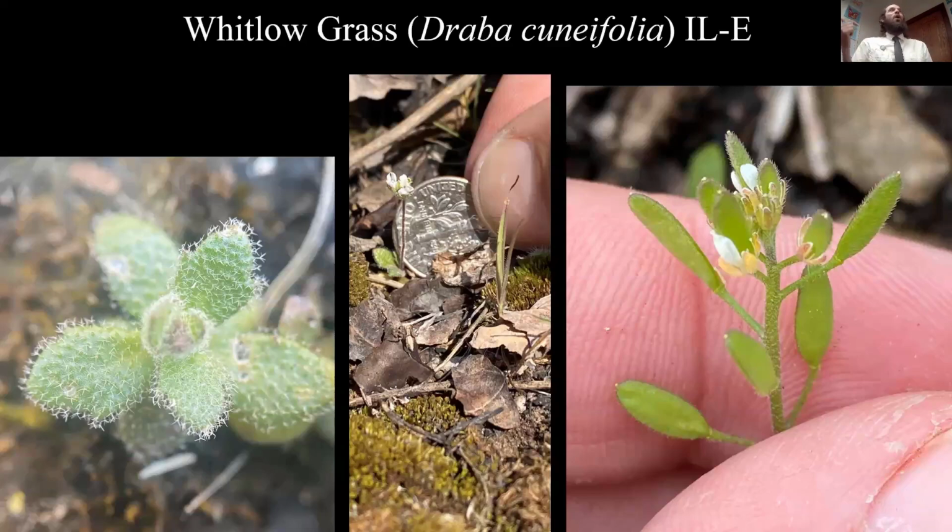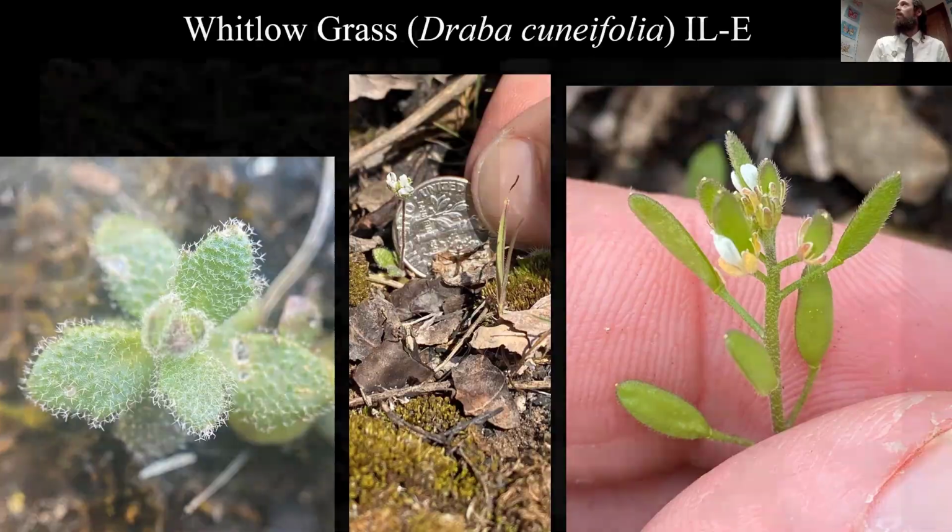So we actually went back and repeated the survey because we felt like we counted some of the plants that weren't it. So it's not just the stellate hairs on the basal leaves. And you can see, look at the dime there in the middle picture. That's one little tiny plant that we found in flower. But the thing that I thought was really great is if you had fruits, look at how hairy the fruit are and how hairy the stem is. So that combined with the notch and the teeth in the leaves are the key to identification for Draba cuneifolia,